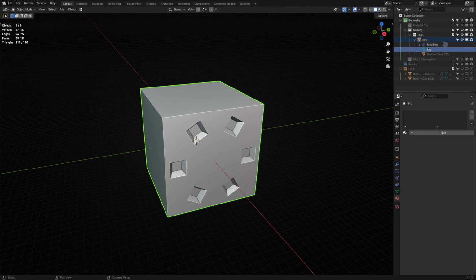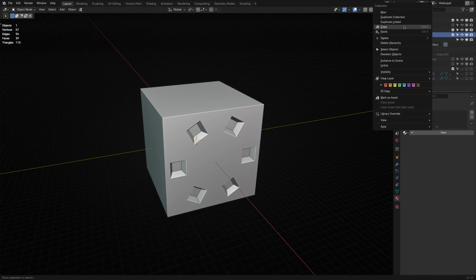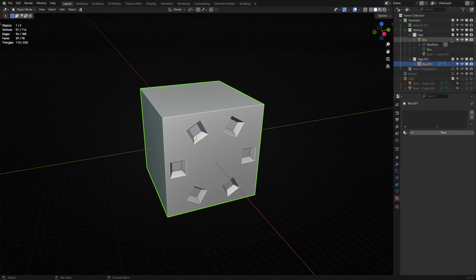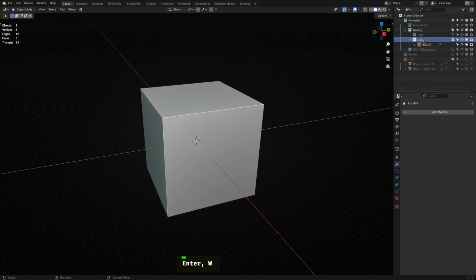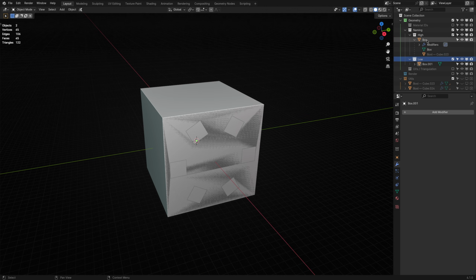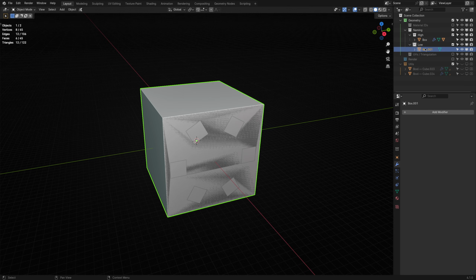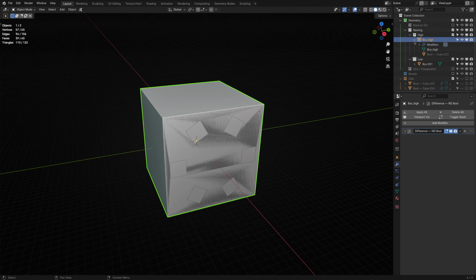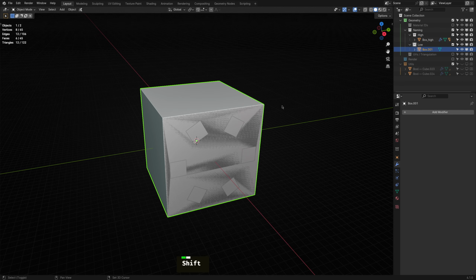This operation will ensure all your object and mesh data names are identical. Let's take the next logical step in a high and low poly workflow. I'll duplicate the high poly object and remove the surface details I'll be baking to a normal map. Next, I want to add the suffix high to the high poly object and low to the low poly object. I could manually rename them, but where's the fun in that? Select the high poly object and choose high LOD. This will instruct ND to add the high suffix to your object's name and ensure the mesh name matches. You can repeat this operation for the low poly.